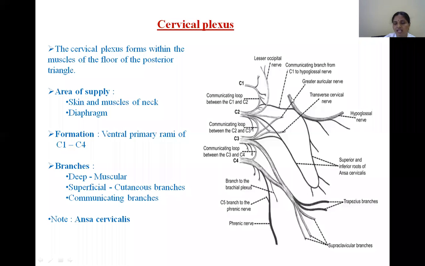So what is the ansa cervicalis? Just you see here, C1 doesn't give an upper branch, but it gives a communicating branch with the hypoglossal nerve. So a communicating branch from C1 passes along the hypoglossal nerve, and at the tip of the greater horn, what happens? It leaves the hypoglossal nerve as the descendens hypoglossi, and it joins with the descendens cervicalis. So descendens cervicalis is derived from the loop between C2 and C3. So fibers from C2, C3 pass through this descendens cervicalis. So this arched loop present in front of the carotid sheath forms the ansa cervicalis.